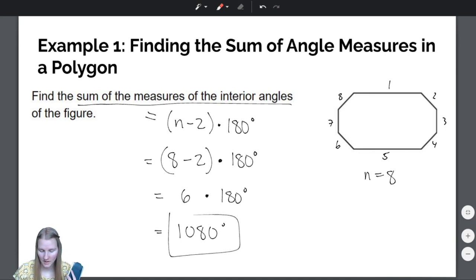And there you go. This shape, any octagon or 8-sided shape, that's what an 8-sided shape is. It's an octagon. Whoops, octagon. Goodness. Any octagon has